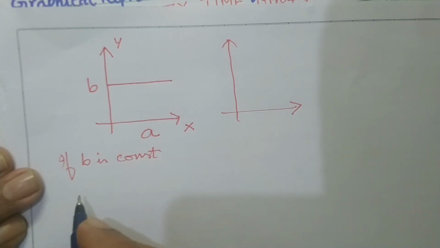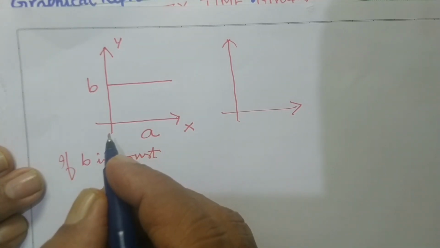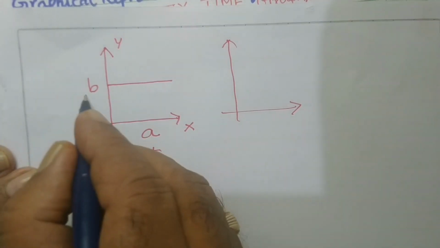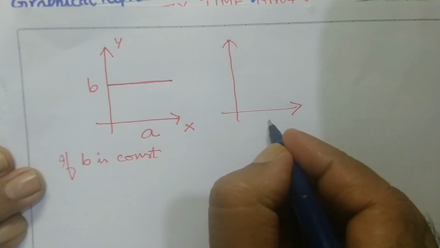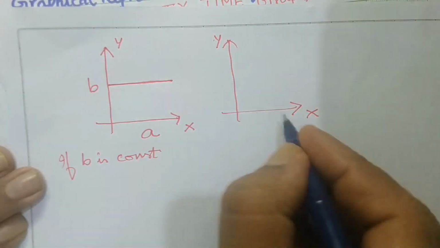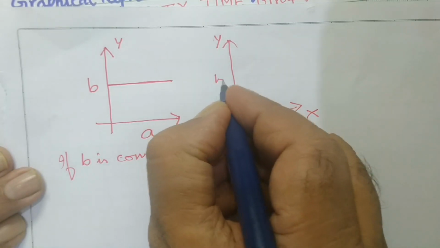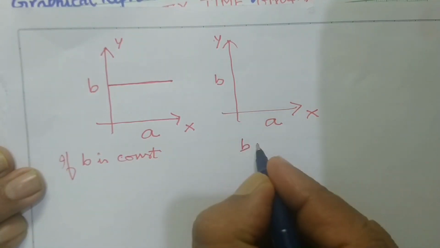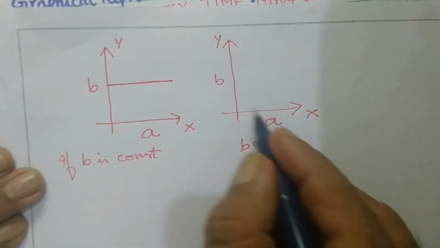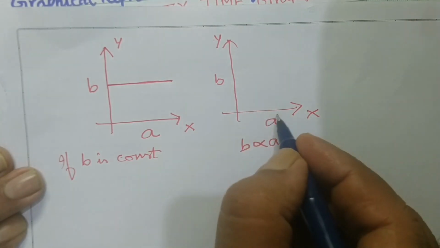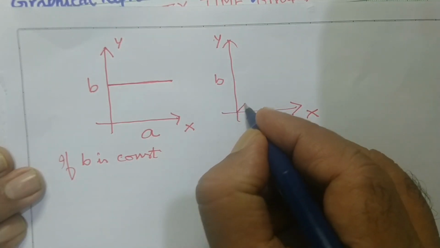This we have seen in the case of the distance time graph of a body at rest. In that we have seen that when the body is at rest, distance will not change. As the distance is not changing, we'll get the graph like this. And the second case, if this is the x-axis, this is the y-axis, this is quantity A, this is quantity B. If quantity B is directly proportional to A, I mean to say if A increases, B also increases. If A is 0, B is also 0, then the graph will come like this.